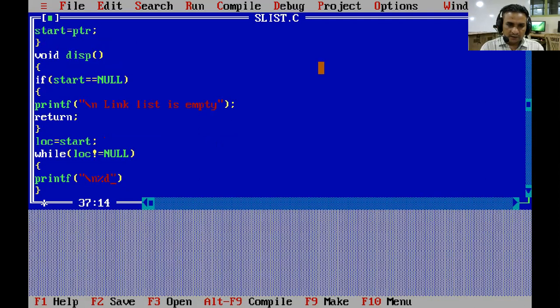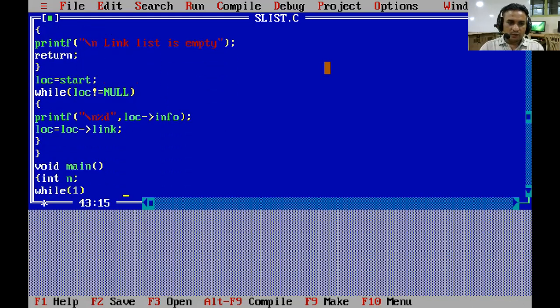We pass the log pointer info, and we have to move from the first node to the second or next node. So we write log equal to log pointer link. It will work as a counter variable.